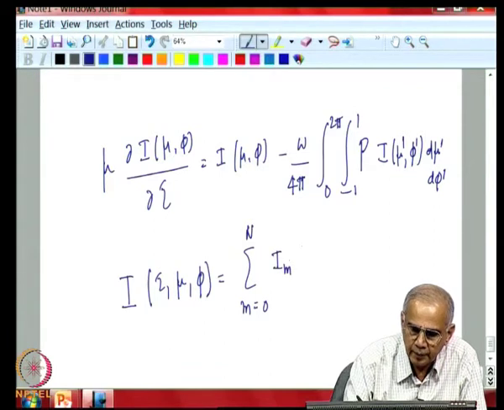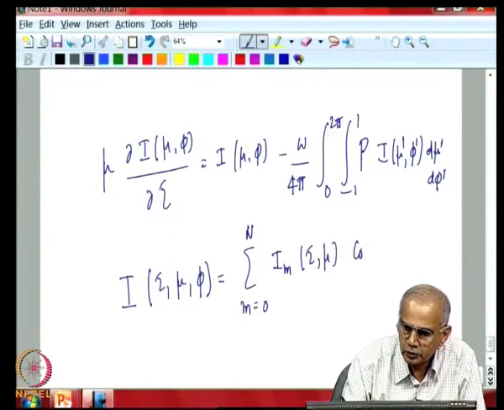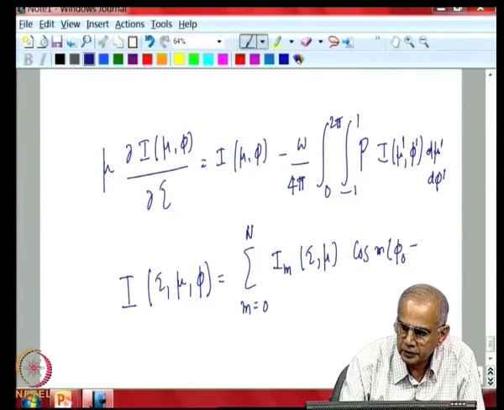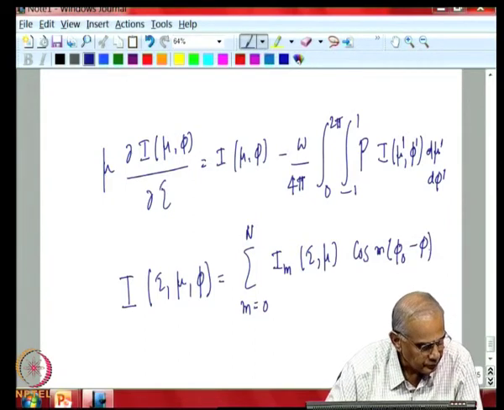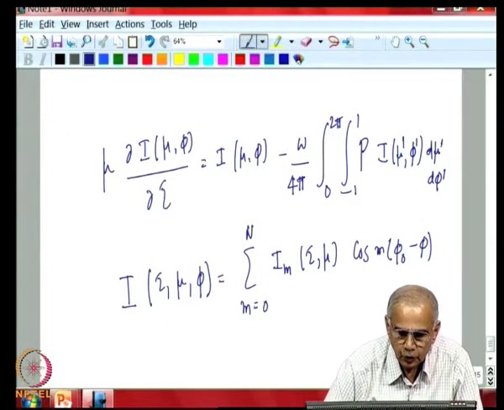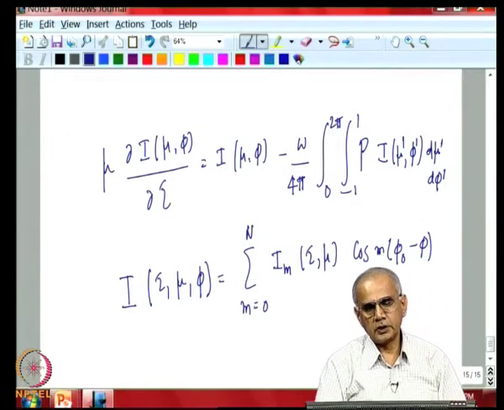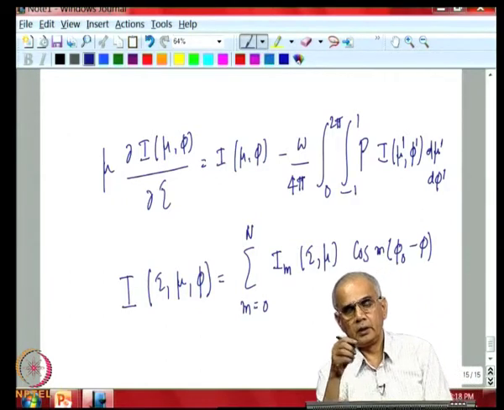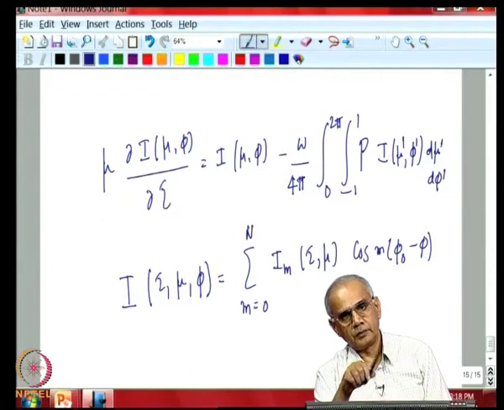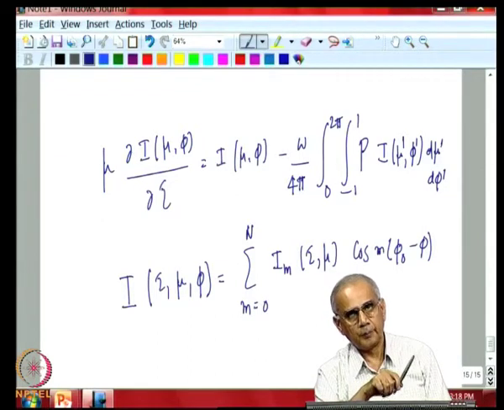So, you have I of m, which depends on now tau and mu, cos of m times the azimuth direction minus phi. So, essentially, instead of assuming things are independent of the azimuth angle, which was the earlier approach we took,